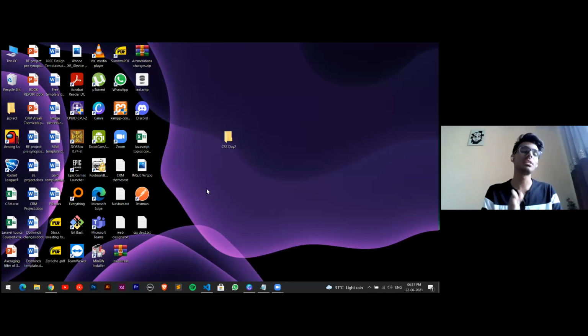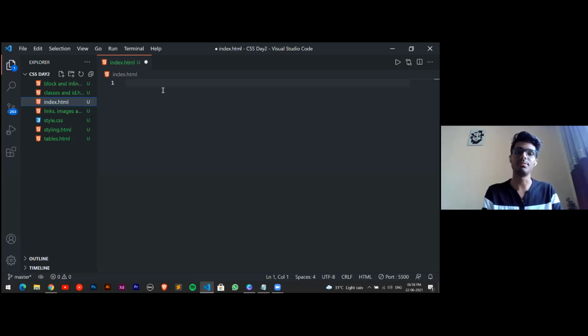Those following on mobile need to keep the files in the same directory. So I've made a folder, opened it with VS Code, and everything will be blank.